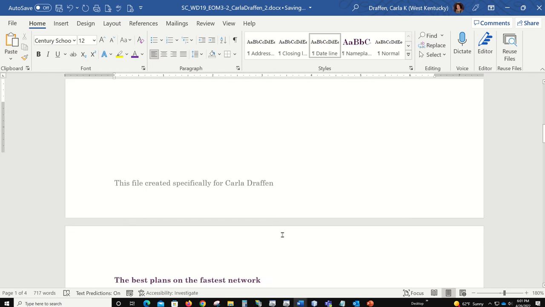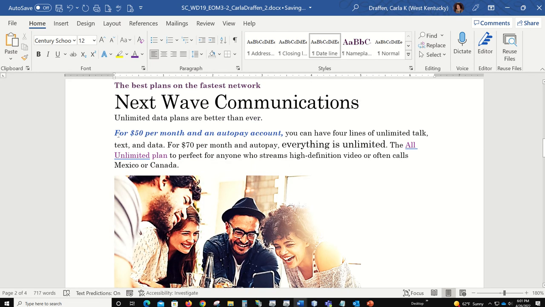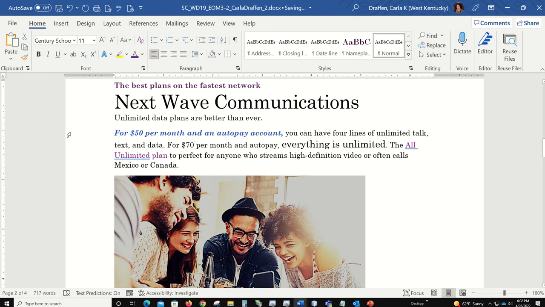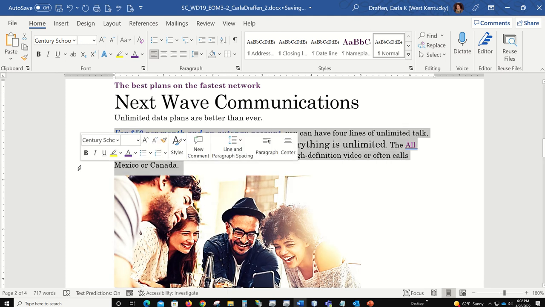we're going to go to the second page, and you can see it's got blue italic, and then it's got really big lettering, and then it's got purple lettering, and it doesn't like this because it thinks it's supposed to be hyphenated, you know, and whether you think it should or shouldn't be, that's between you and the boss, I guess. But we're going to select that, and by the way, you could paint across it, or you could use your mouse pointer in the left margin and just click and drag down, and that will highlight those